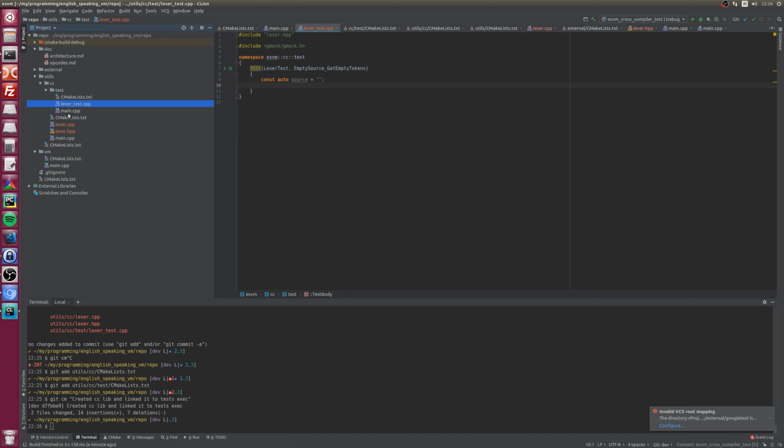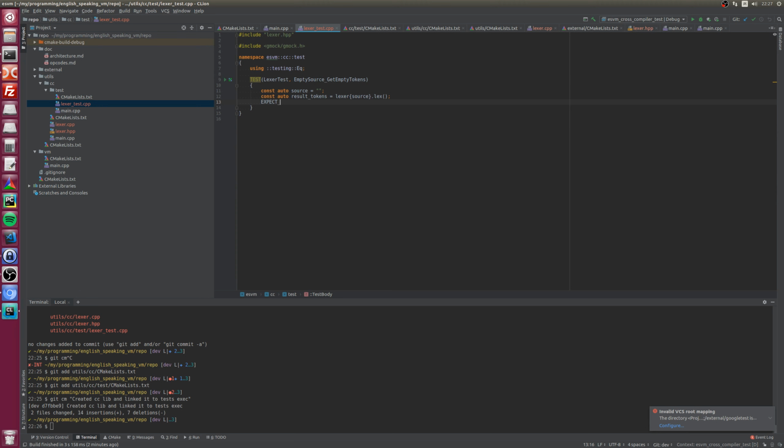So now let's write our first test, empty source, and result tokens, and that is going to be Elixir source lex, and let's just add using expect equal.